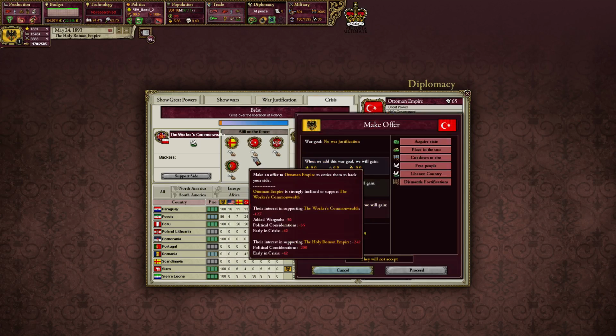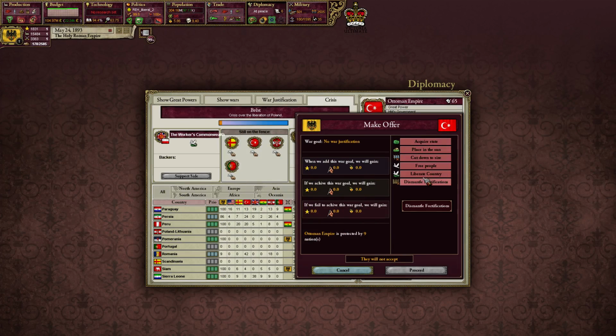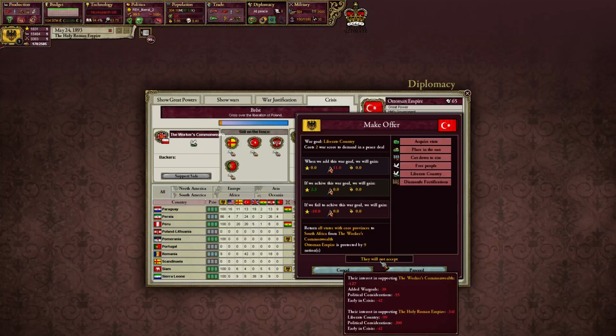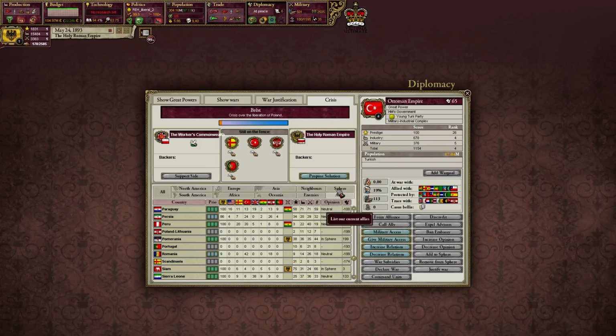See, this is where it then becomes a problem for me. Probably they wouldn't go and help me. We could get them to liberate South Africa. Political considerations early in the crisis, can understand that. Added war goals. Then to us, they don't like us. Again, political considerations. So we could...